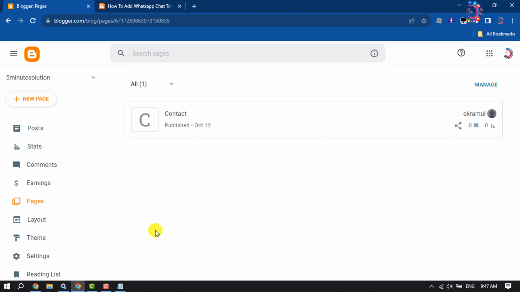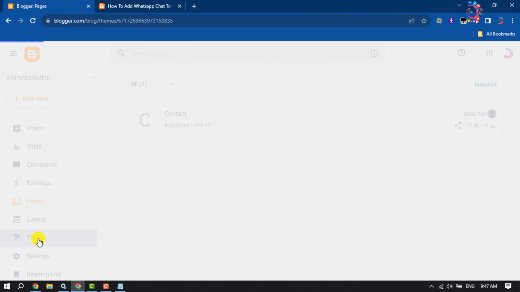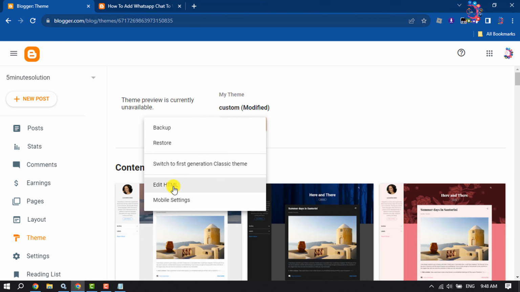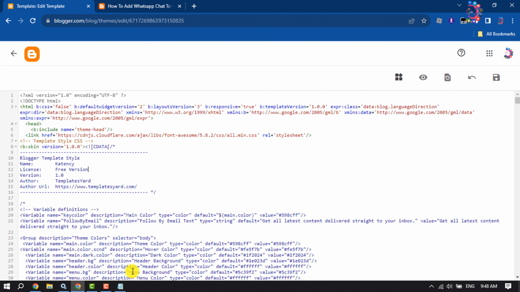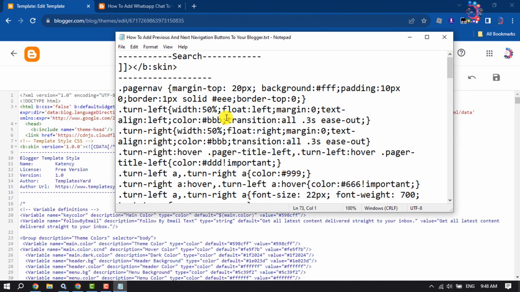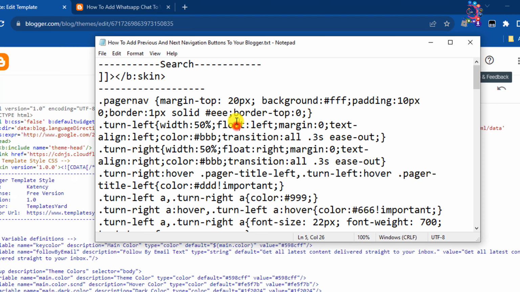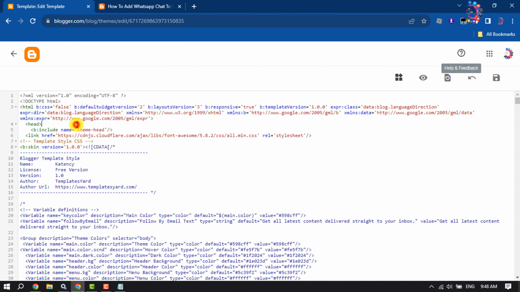Go to your Blogger and click on theme. Click on this drop down and select edit HTML. And now in this video description below, you will get this code download link. All you have to do is just download this link, and now search for this base skin